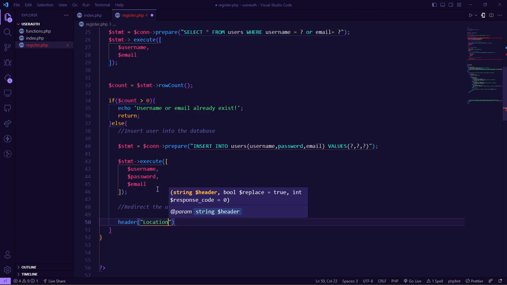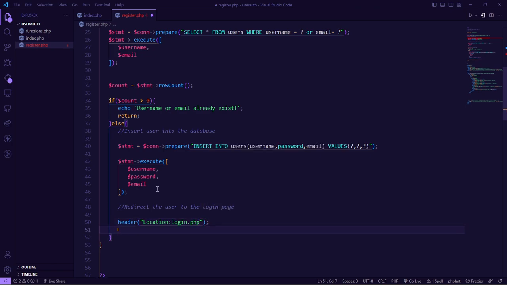I'll say location, and I'll say that move the person to login.php. All right, now finally I can say die, or I can exit. All right, okay,